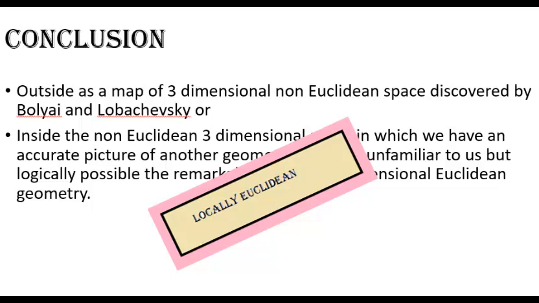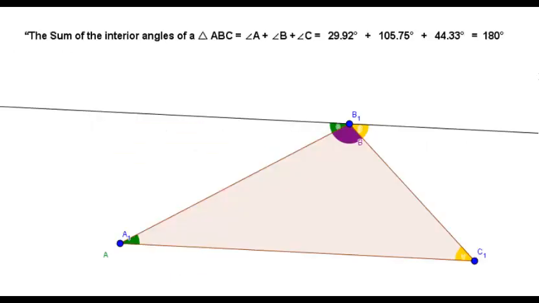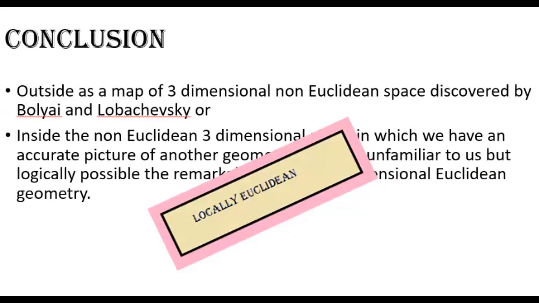That is to state, we live on surfaces which are locally Euclidean. Now this is what happened when Gauss tried to create a very, very big triangle just to prove Euclid wrong, but he found that all of Euclid's laws were valid. He could reshape the figures. That means there was a concept of congruency, there was a concept of similarity, and the sum of angles was 180 degrees. Thereby we conclude that we live on a locally Euclidean surface, which is non-Euclidean from outside.